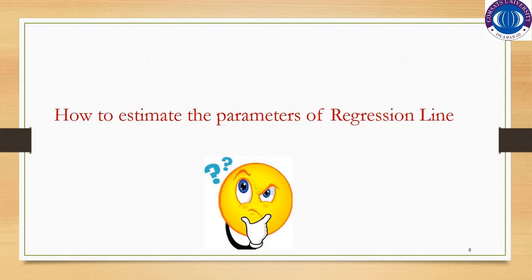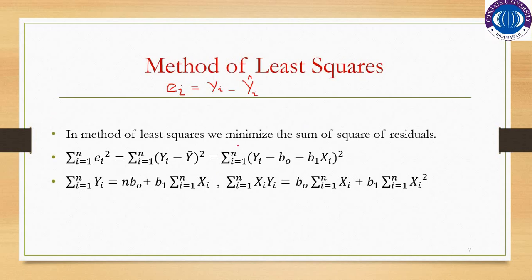We can't find out the error term and it is unknown, so we use small e instead of epsilon, which is the difference between the true or observed value and